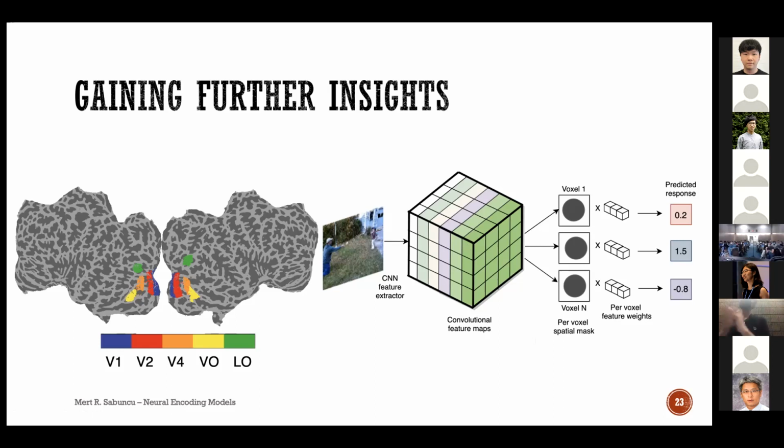And for every voxel, which is a pretty large region in the brain that might have tens of thousands of neurons in it, we will have a visual attention mask. So every voxel will have its own attention, and it will also have its own spatial pooling layer. So we have the same feature extractor backbone, but the way we're going to combine these features